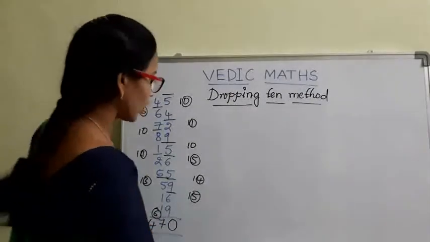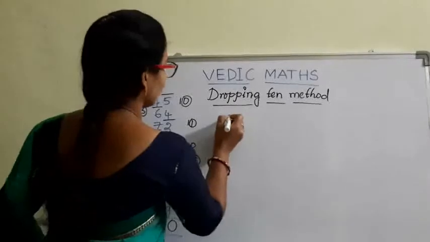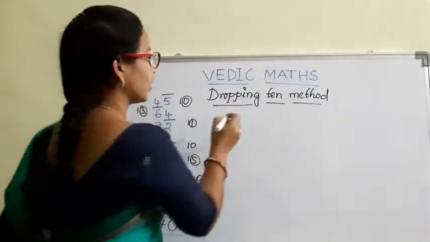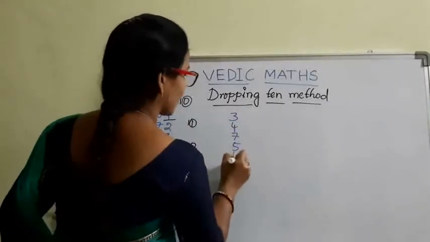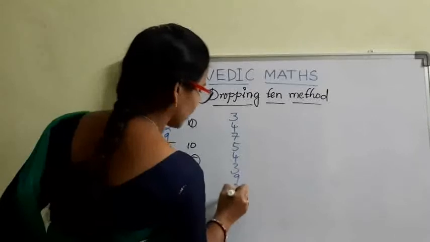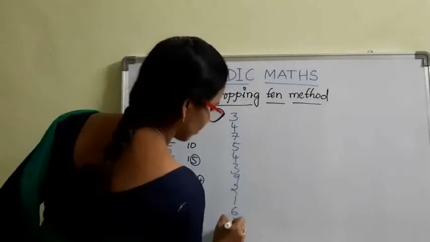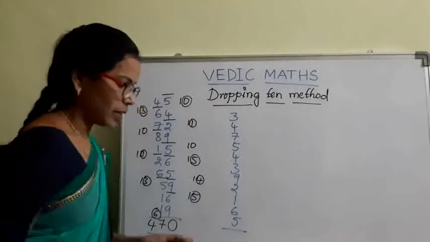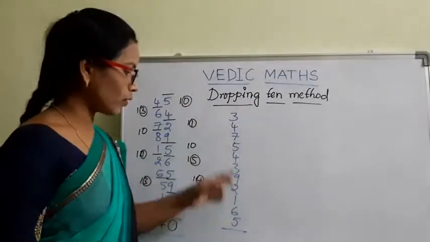Let us see one more example. You can understand easily then. Here I am going to take single digit numbers first. Actually we do it with single digits. Same process from down to top, from bottom to top. See here.